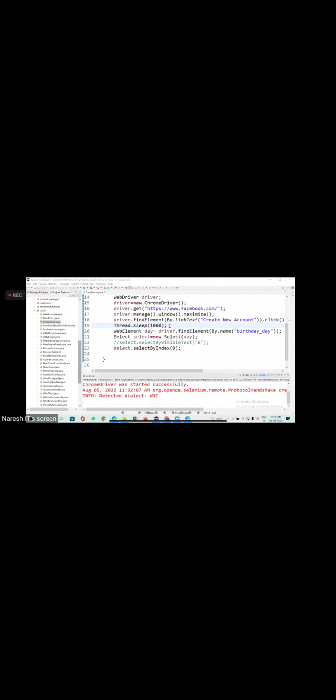So you fix the issue with Thread.sleep. Is it clear now? Wherever you see it is trying to open a window, you can even put it. Whenever you launch Facebook, it takes some time to load. When you open facebook.com, even it takes some time to open the home page. So here also you can put one Thread.sleep before clicking on create new account. If it is failing here,